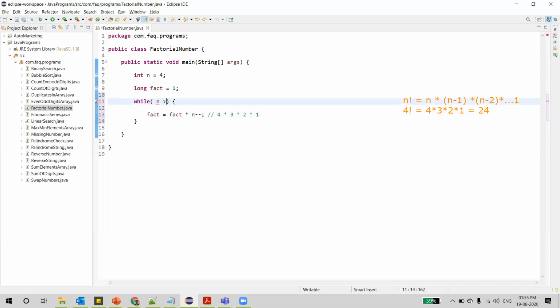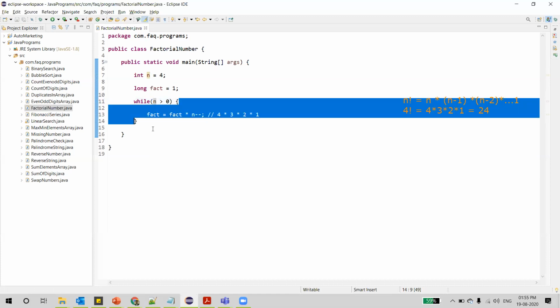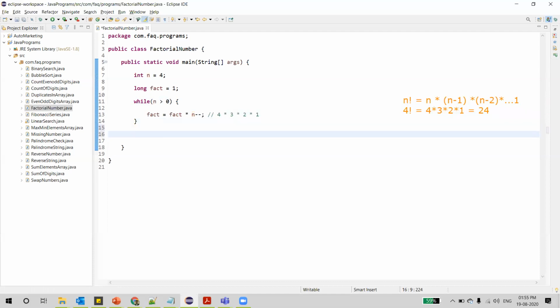That is our condition: till n is greater than or equal to 1, or n greater than 0. Both are the same. Then we'll break the loop and we'll have the factorial of the given number in the variable called fact.